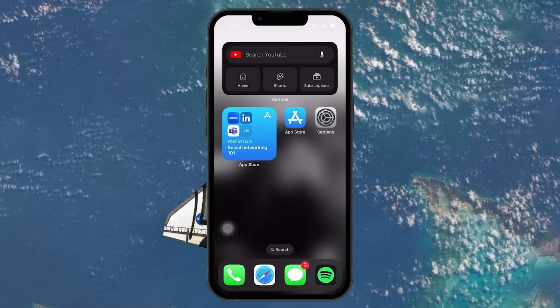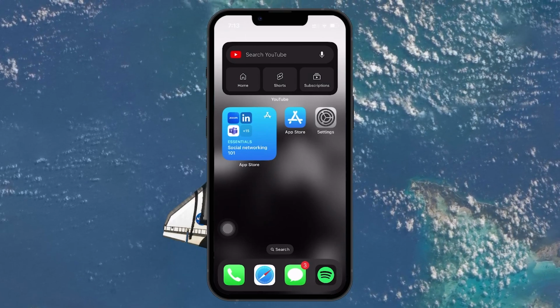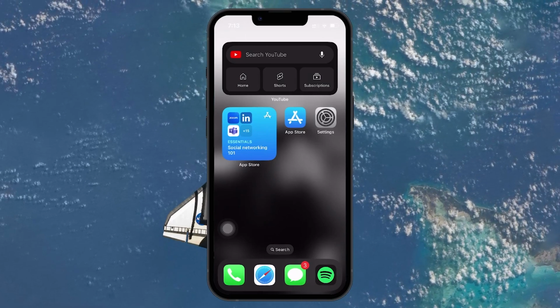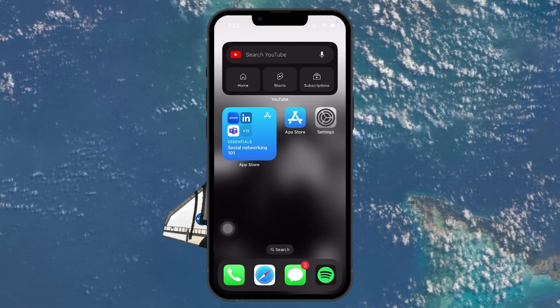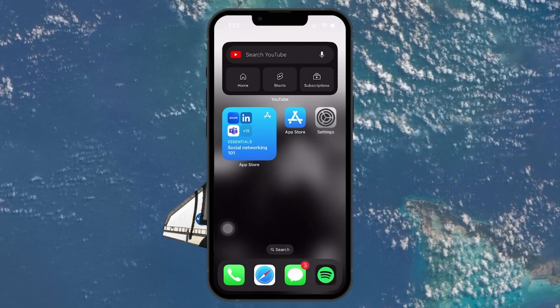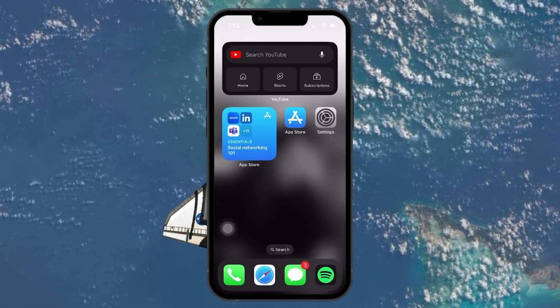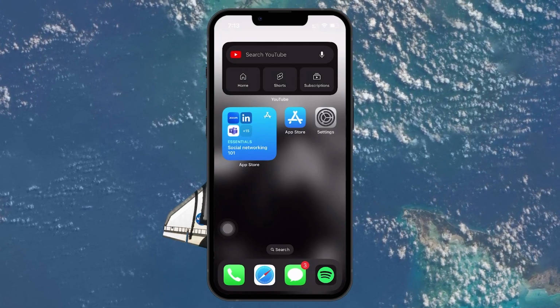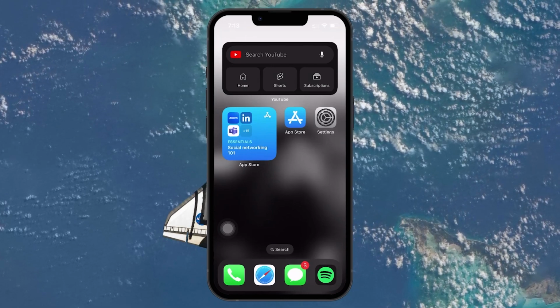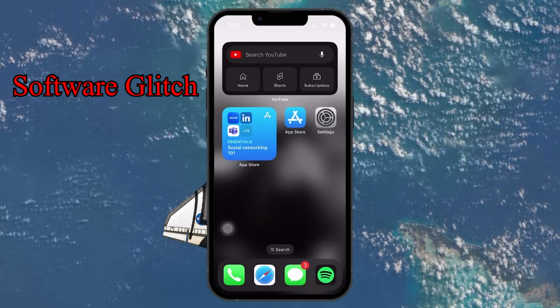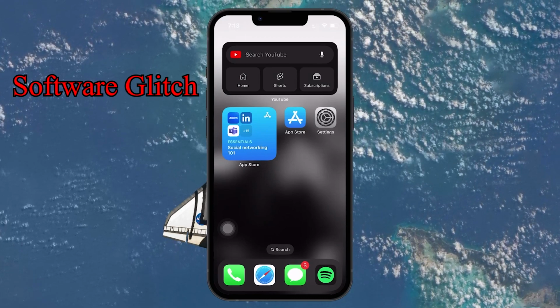Some iPhone users have reported that their wallpaper keeps disappearing and turning black. This can be annoying and frustrating, especially if you use a custom photo or image that you want to use as your wallpaper. There are several possible causes to this problem, and we'll look at each of their fixes in this video. First, it could be that a temporary software issue is causing your wallpaper to keep disappearing and turning